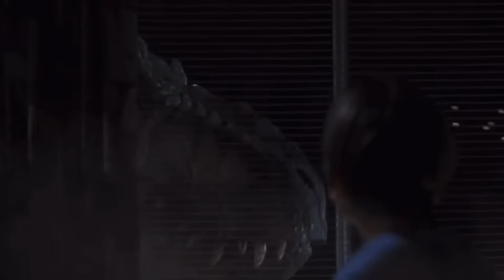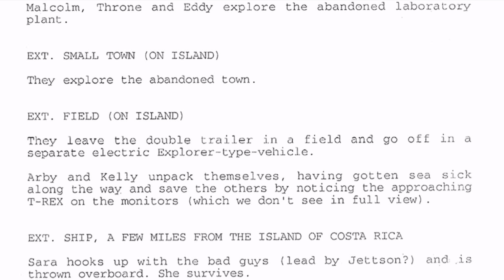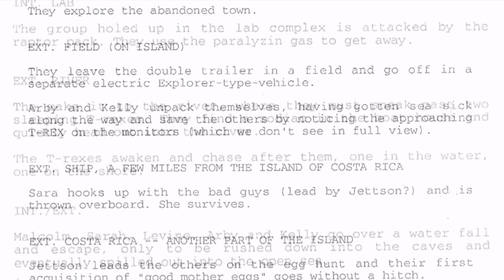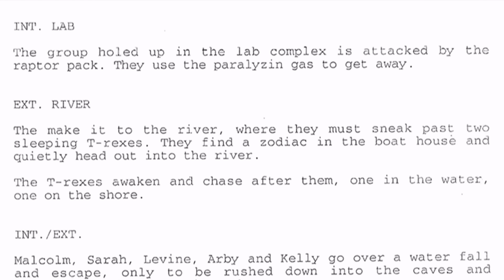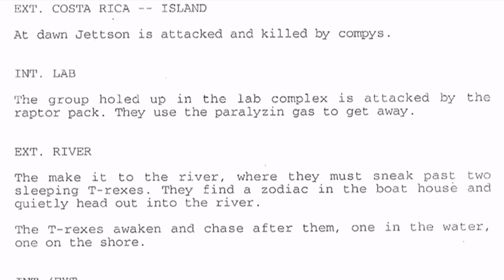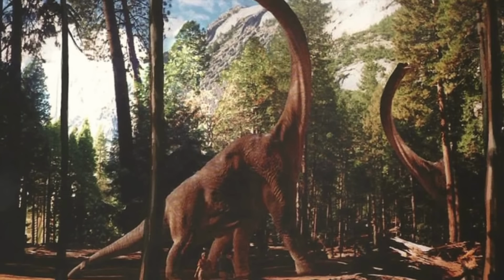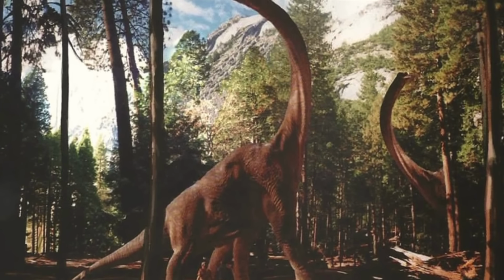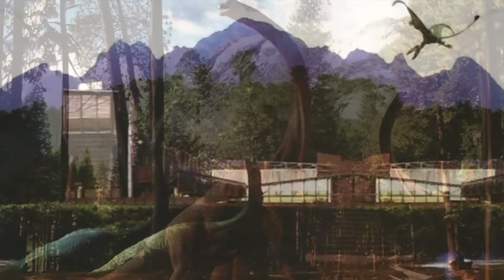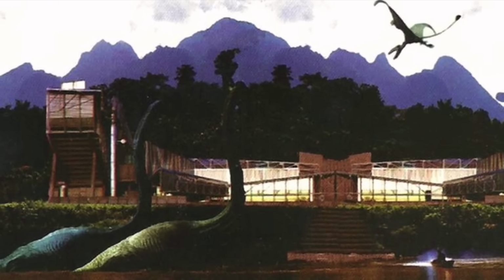Now, what I find to be really interesting about this entire outline for the second Jurassic Park movie is that it basically overhauls everything that ended up happening in the second film, and it incorporates some of the stuff that we've heard is going to play out in the 6th movie, which is yet to even be released, Jurassic World Dominion. Now, the reason I say this would have changed everything is because had this movie come out in the 90s, this just would have altered the entire trajectory of the further sequels that would have come out in years to come.